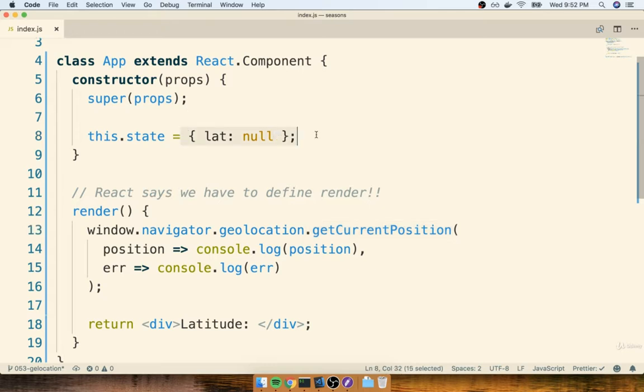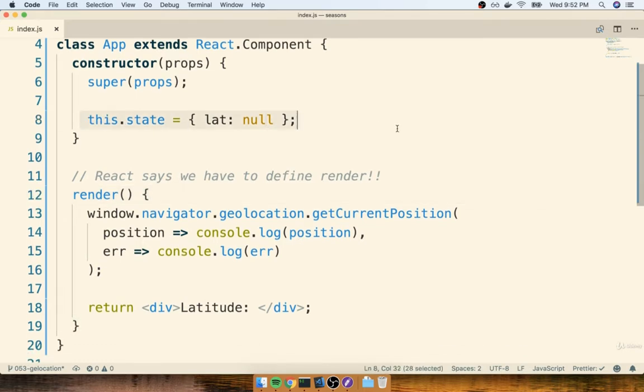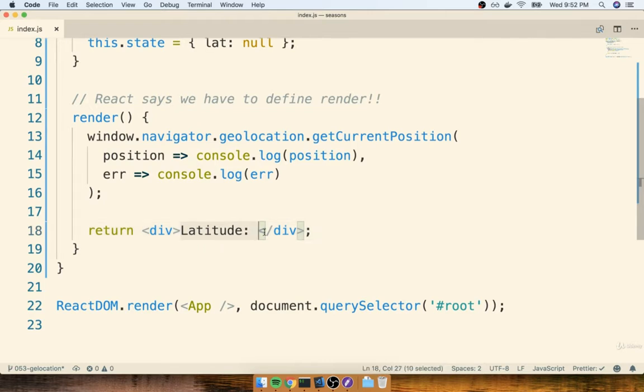After creating the state object, we then assign it to the this.state property. So now that it's assigned to this.state, we can freely reference this state object and the properties inside of it from any function inside of our app component. So for example, down inside of my render method where we try to print out our latitude, I could put in right here a set of curly braces because we're going to reference a JavaScript variable, and I'll say